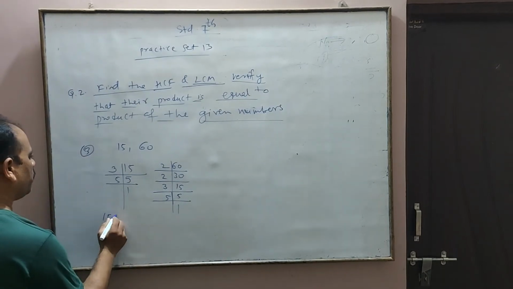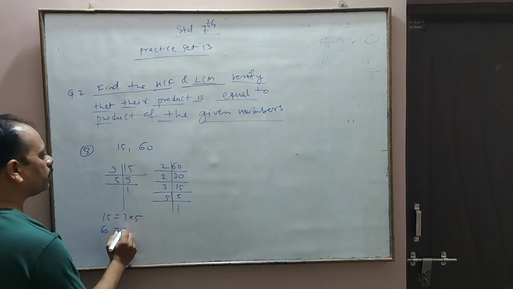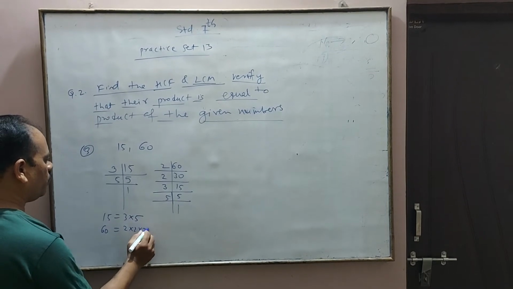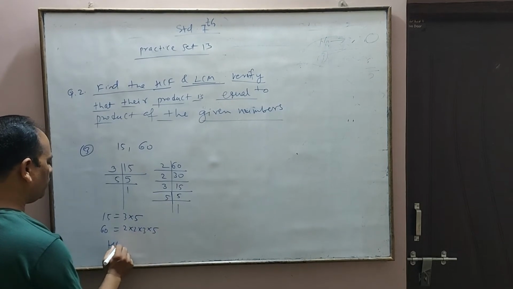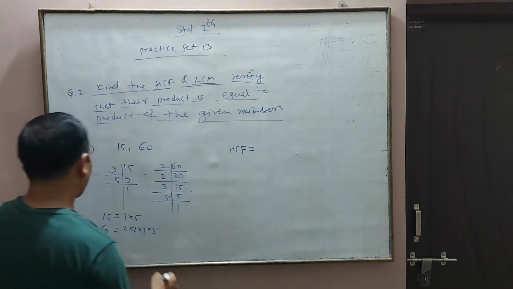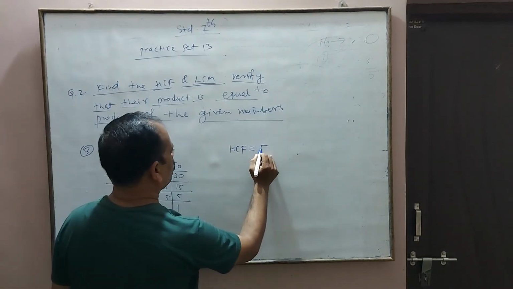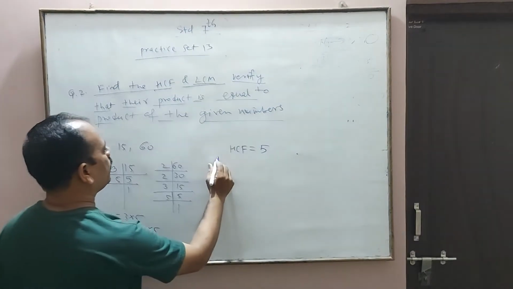So factors of 15 are 3 into 5, and factors of 60 are 2 into 2 into 3 into 5. So its SCF, I write here SCF. The common factor is only 1, that is 5. So this is our SCF, and LCM will be,